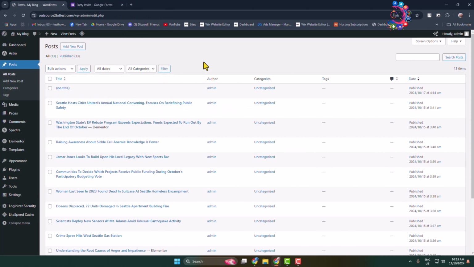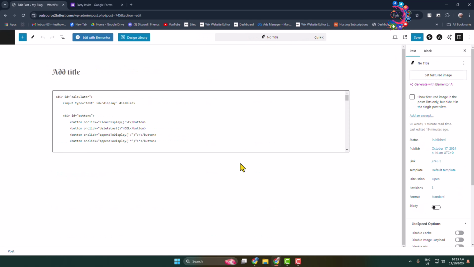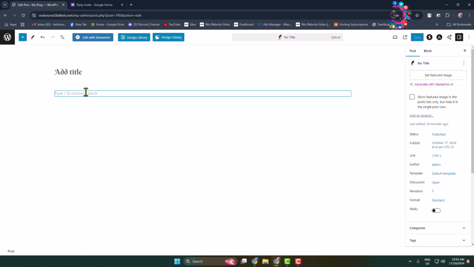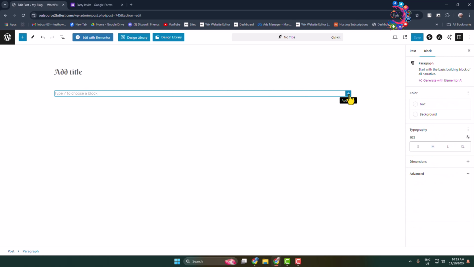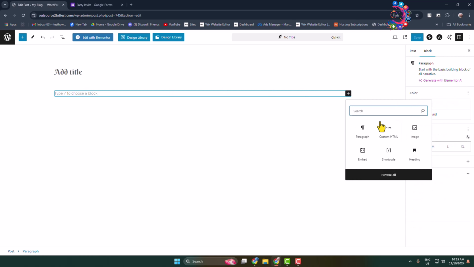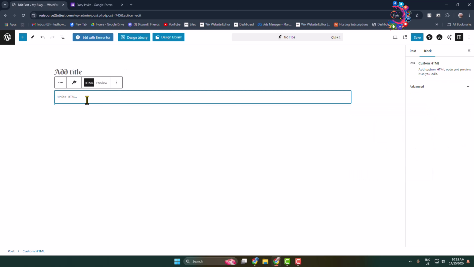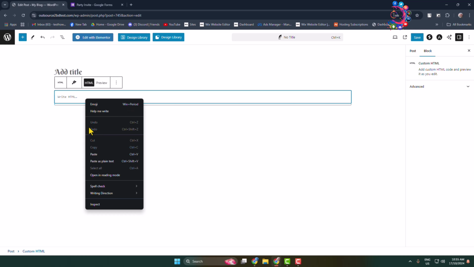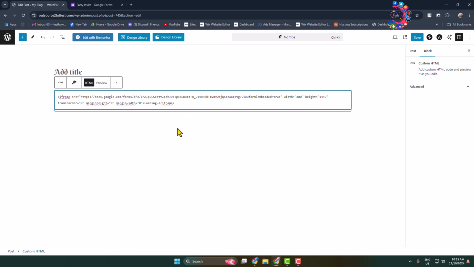Now go to your WordPress admin dashboard and edit the post or page where you want to embed the Google Form. Once you are in the editor, click on this plus icon to add a new block and here add a Custom HTML block. Here you have to paste your Google Forms embed code and now click on Save